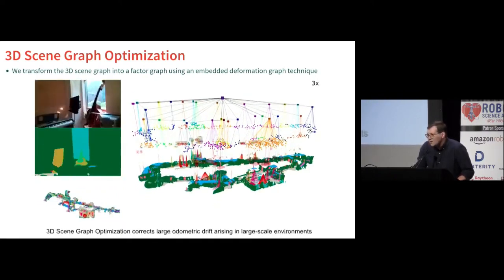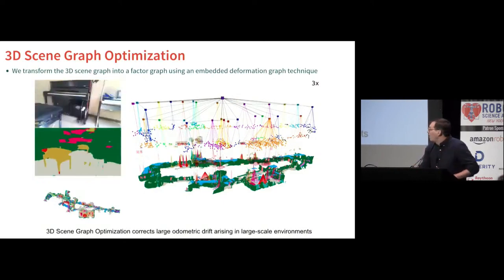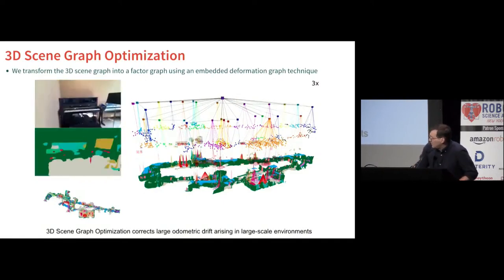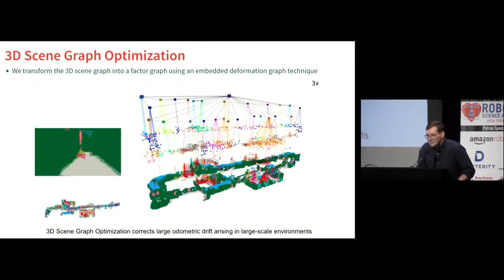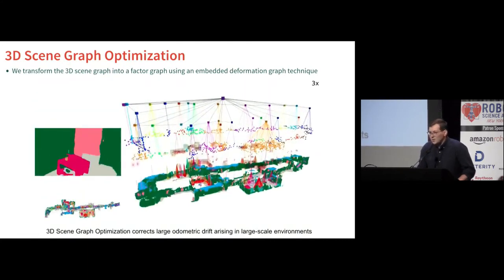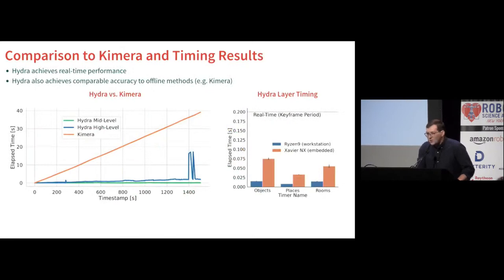You can see two hallways on top of each other at an angle due to drift, but once we detect a loop closure and actually optimize, the scene graph snaps together, creating a much more consistent scene. Hydra represents a very significant step forward for real-time performance, and we include preliminary results on an NVIDIA Xavier NX,